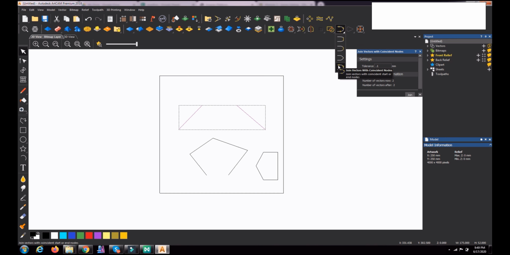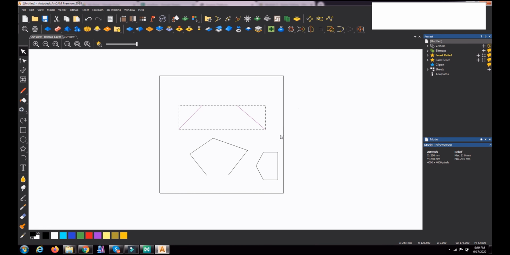When a number of vectors are touching each other, we can join them with a tolerance value. Otherwise, you have these three commands. If you select these two, one is for straight line joining, another is using a curve, and the other is moving points.